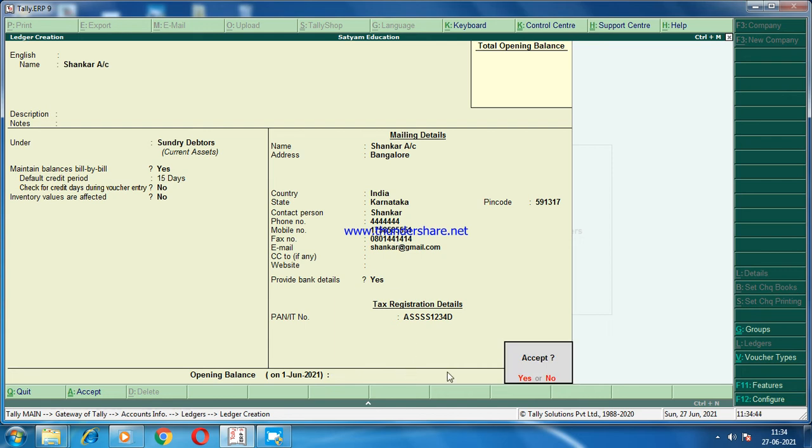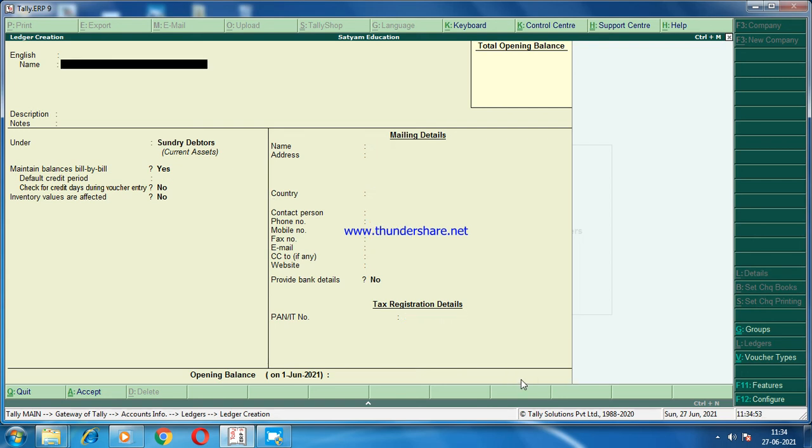Yes, accept, yes. If you click on yes, the account is created. Here the account is created. Like this we can create any number of ledgers.